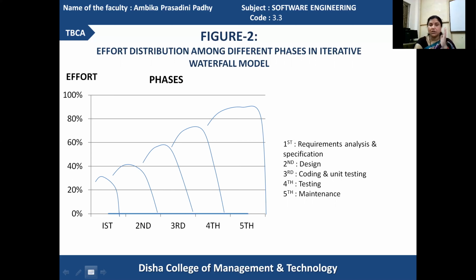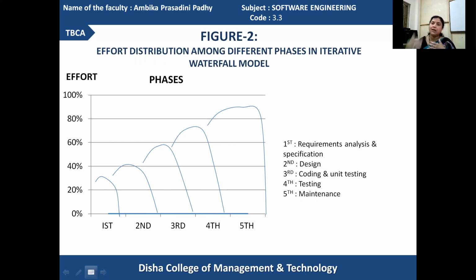The first stage of software development using the iterative model is requirement analysis and specification, then design, then coding, then testing, then maintenance. In the iterative waterfall model, all these effort requirements gradually increase because each phase is executed one after another systematically.